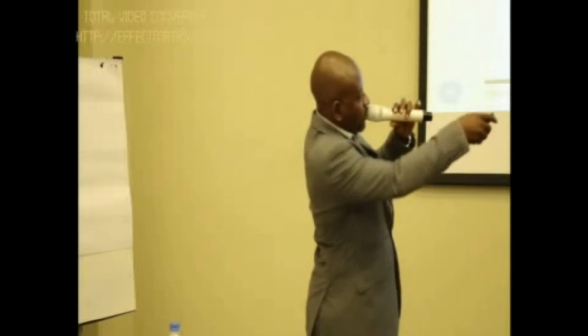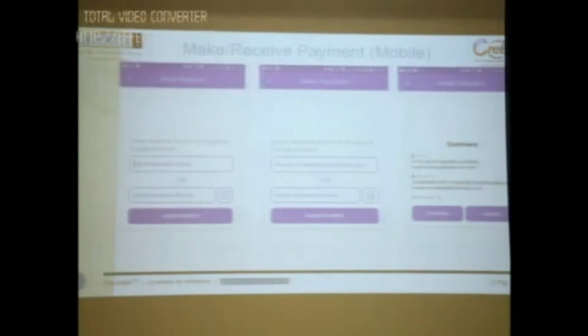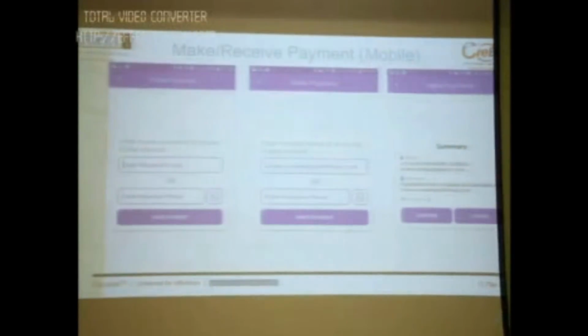Then after checking that, it will come up to show me my wallets, where I have money, and which one I want to use in making payment. Like in the screen above, we have seen that I selected the first wallet to make payment. And after entering the amount, it will ask me to select the medium for which I want to make QR code. Whichever my choice is, I will select and move forward. I think in this case, I have selected the email, and you have a summary screen there to confirm that I want to pay 5 naira to the transfer money.